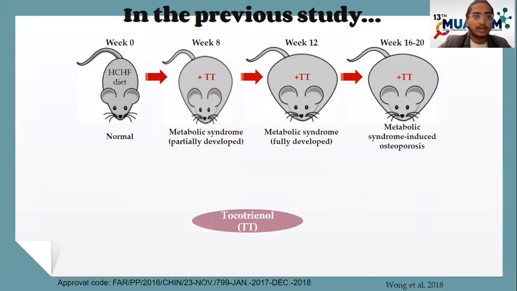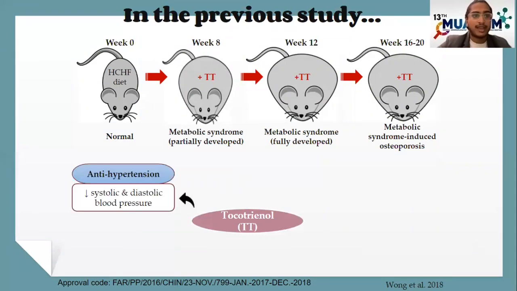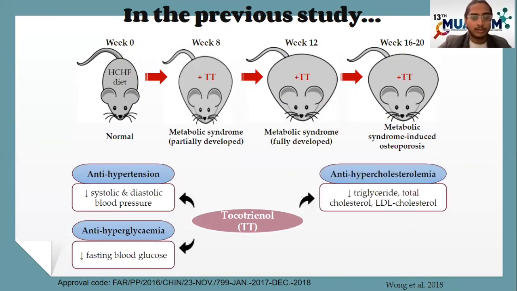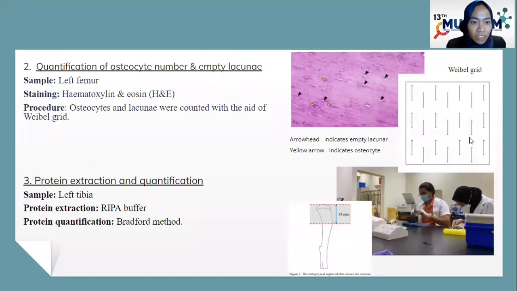So in the study, tocotrienol is stated to act as an anti-hypertension, anti-hyperglycemia, anti-hypercholesterol, and anti-osteoporosis agent. Next is quantification of osteocyte number and empty lacuna. We took the sample from the left femur, stained with H&E, and used the Weber grade to count the osteocyte and lacuna. Next, for the protein extraction and quantification, we used the left tibia, extracted using RIPA buffer, and